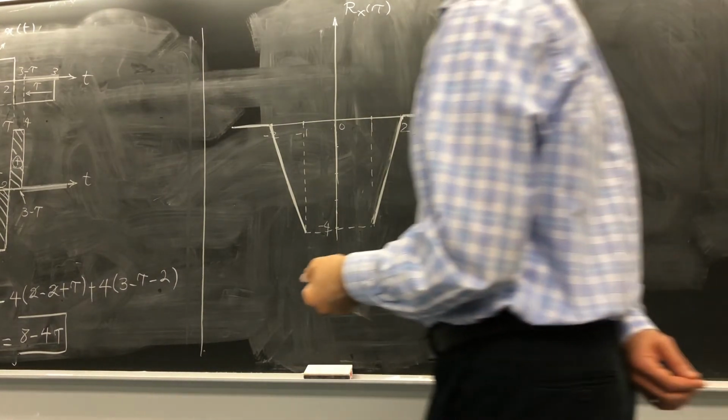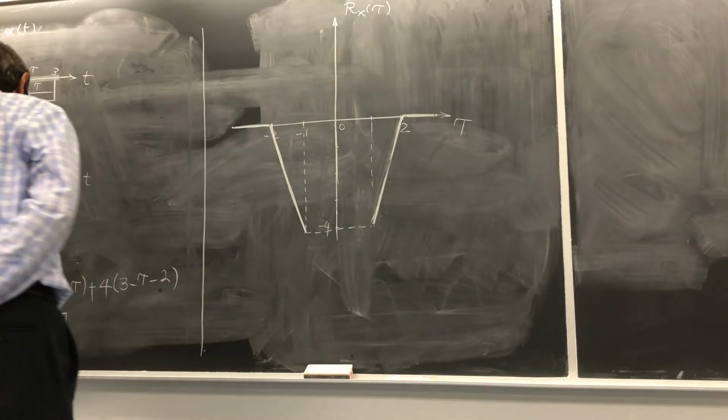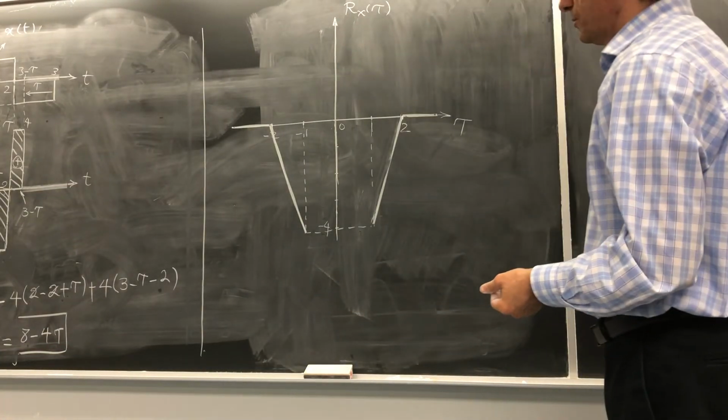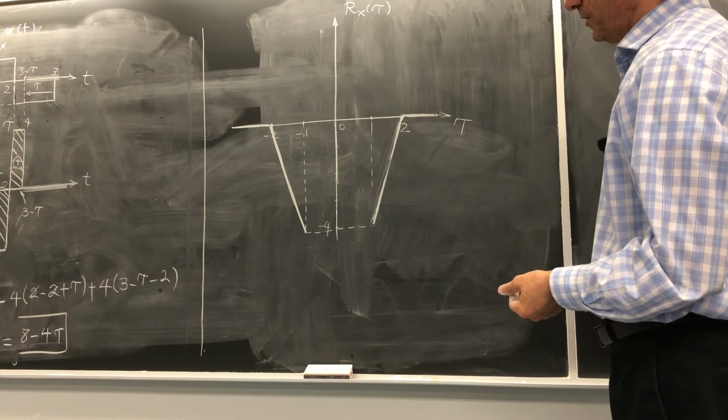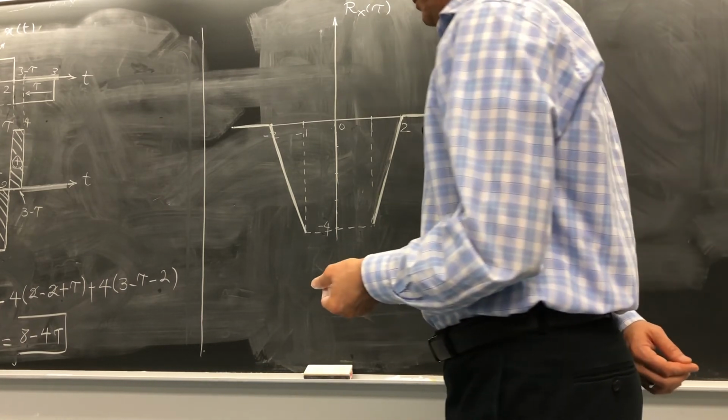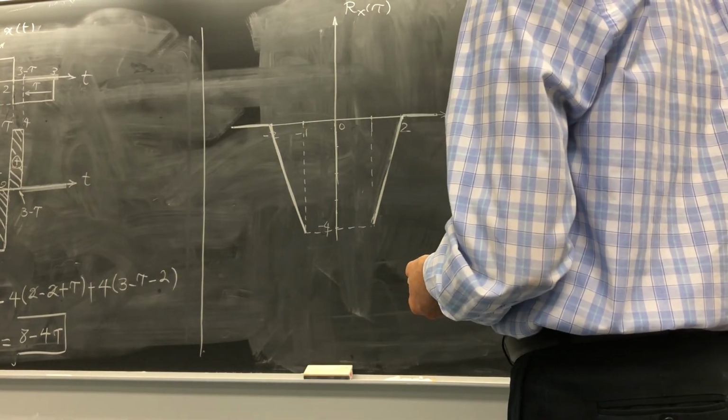Then between 0 and 1, this is the relationship, 8 minus 14. So for tau equals 1, we've got something